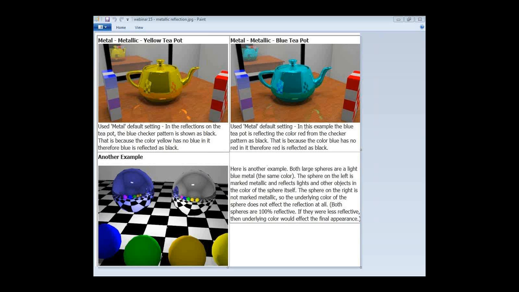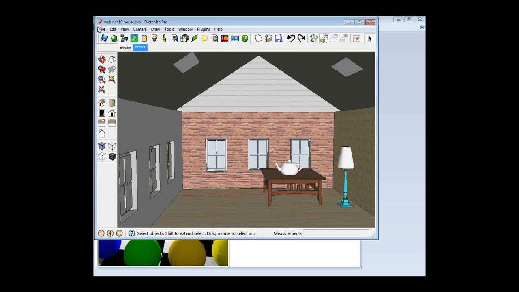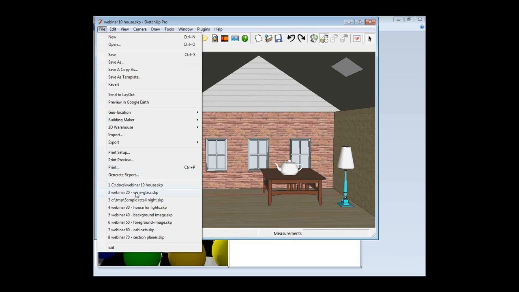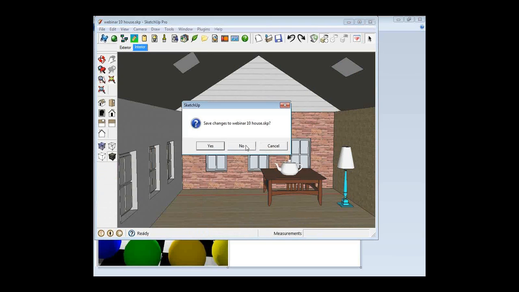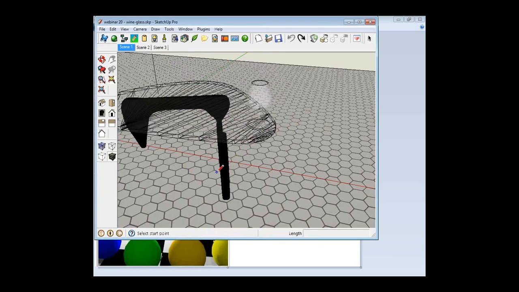Now we want to move on to another SketchUp model and talk a little bit about transparency. This is again, a couple of objects I just downloaded from the 3D warehouse. One is a glass table, and the other is a wine glass, which is sitting on the table. I put a tile floor under here because we really want to show you the effect of what happens when